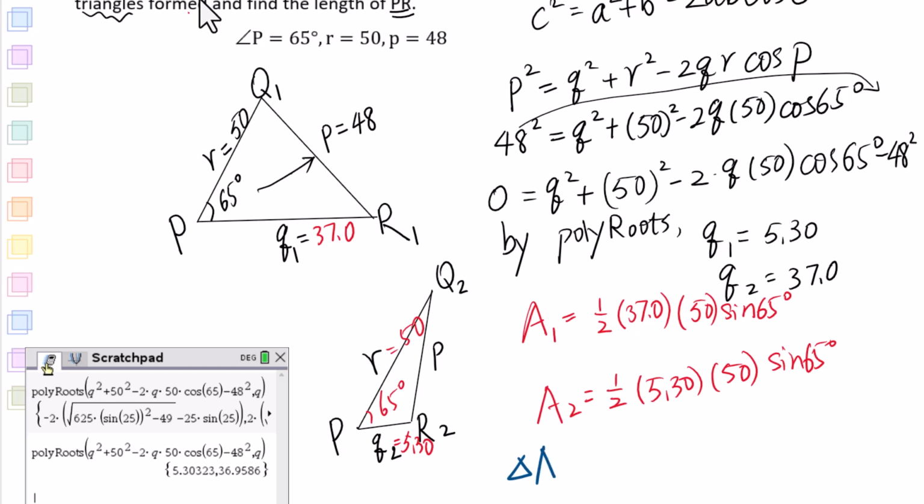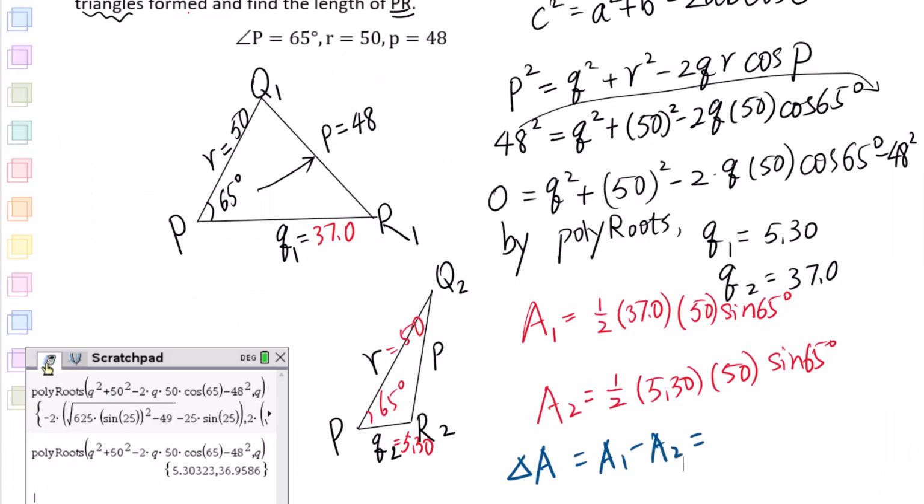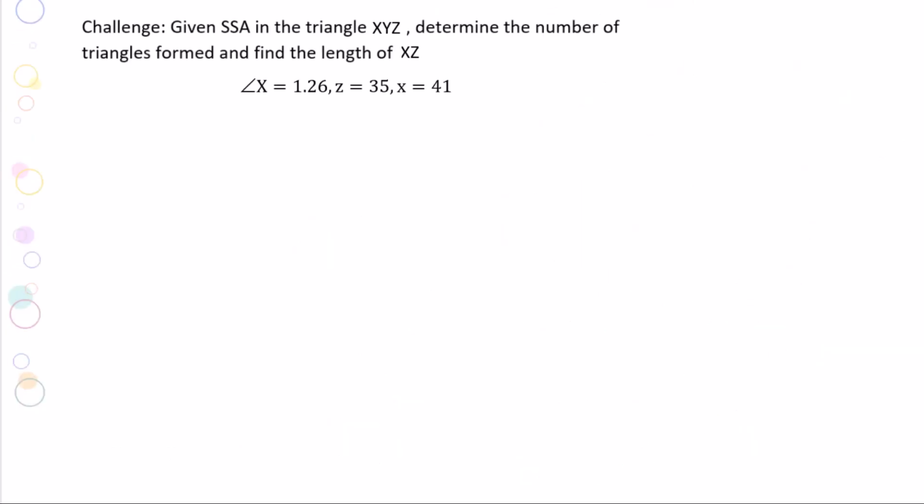The difference of a triangle equals A1 minus A2 equals, let's go to calculator, 718. The difference of these two triangles' area is 718. Next challenge. Given SSA in the triangle XYZ, determine the number of triangles formed and find the length of